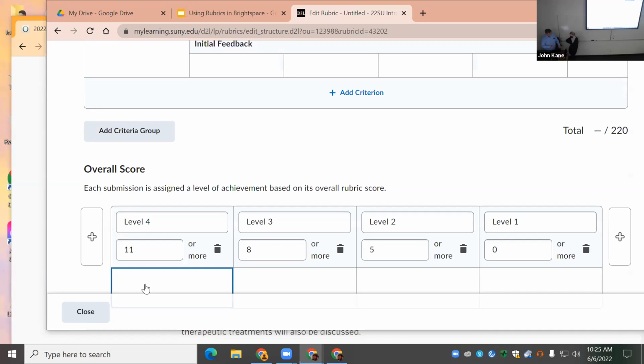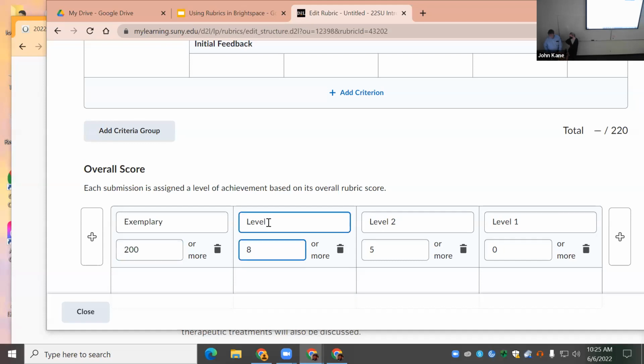So you would define whatever levels you think, and you could call this, for example, if you want to use letter grades, an A. You can add more criteria separately, and you could define what scores would represent an A. Or, if this is used for feedback, which is more helpful in terms of learning, you could just use something like, what was the first category? Exemplary. Exemplary. So, if exemplary is maybe 200 or more points,